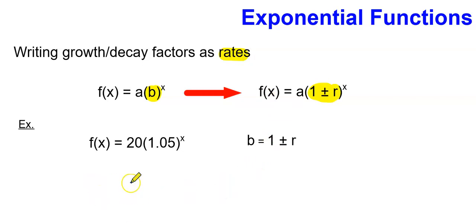So in this first example, we have 20, and then we have 1.05 to the power of x. And so we're going to try to rewrite this 1.05 as a rate. So from our formula, we notice that the b is equal to 1 plus or minus the rate, plus if it's growth, minus if it's decrease or decay. So in this case, since the b is 1.05,